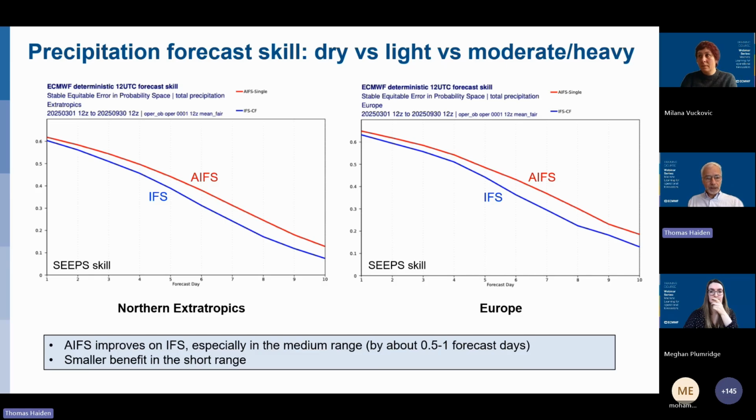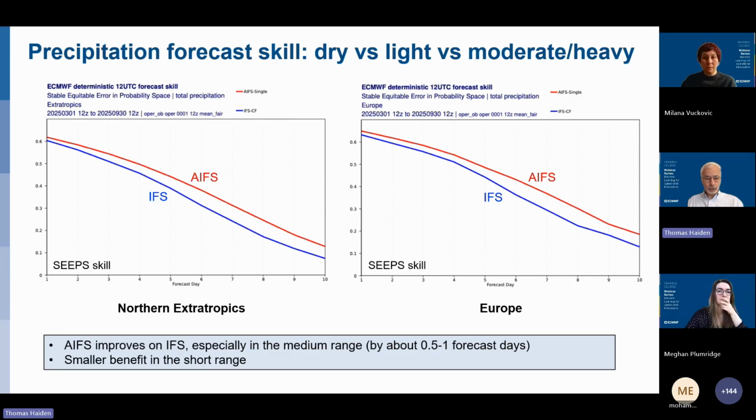And you can see that the skill is improved noticeably in the AIFS relative to the IFS. And this improvement is equivalent roughly to half a day to 1 day in terms of lead time. So this is basically the horizontal difference between the curves. And we can also see that this benefit increases with lead time.